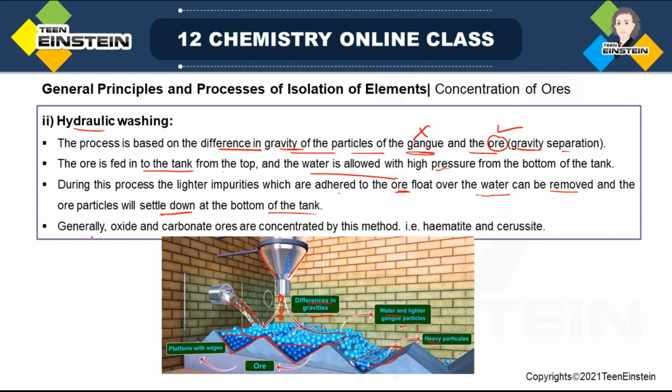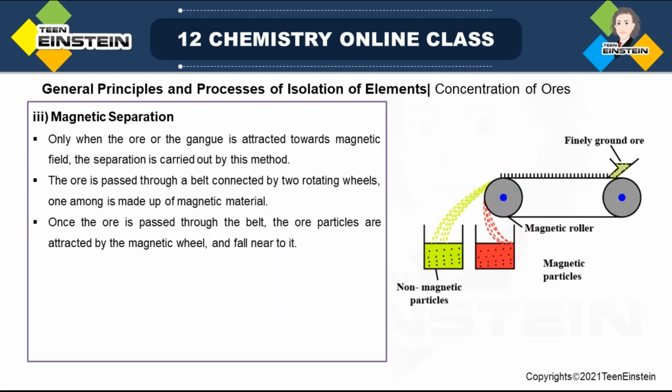And which type of ores are mainly used in this hydraulic washing? They are generally oxide and carbonate ores that are concentrated by this method. For example, hematite, cerussite. Hematite is oxide of iron. Okay, so this is the second method. The third method,